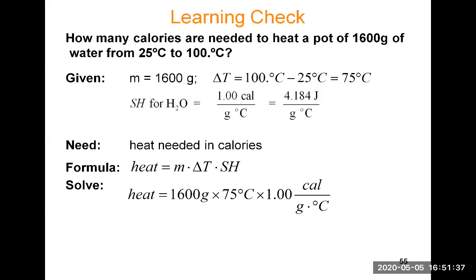So you can see here that this time we have units that can cancel. We see that the grams cancel because we have grams in the numerator and per gram in the specific heat. And the degrees Celsius cancel because we have delta T in degrees Celsius and per degree Celsius in the specific heat. And we are left with calorie, which is the unit of heat, and it's the unit of what we want to find. So in the calculator, you do 1,600 times 75 times 1. And the calculator answer is